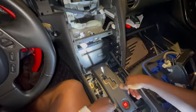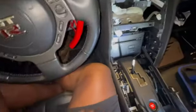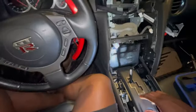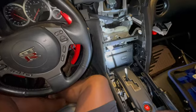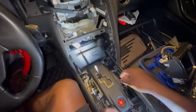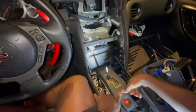Let's see. Maybe there are some screws. I heard it just pops out, and there's 2 clips in the front, 2 clips in the back. Let's see. Oh, it's feeling stubborn. Maybe I'll take a look here. All right, to remove this,